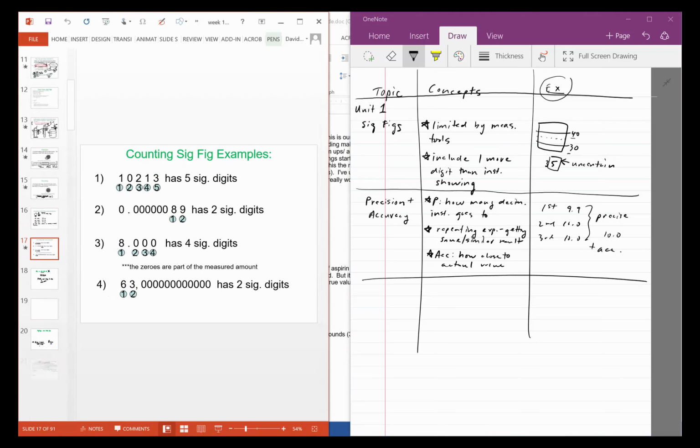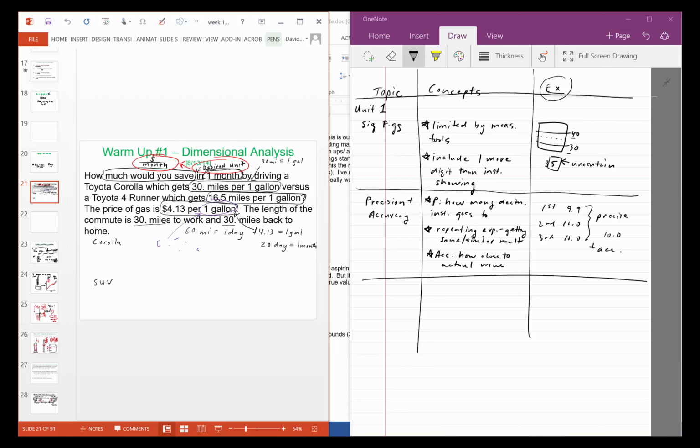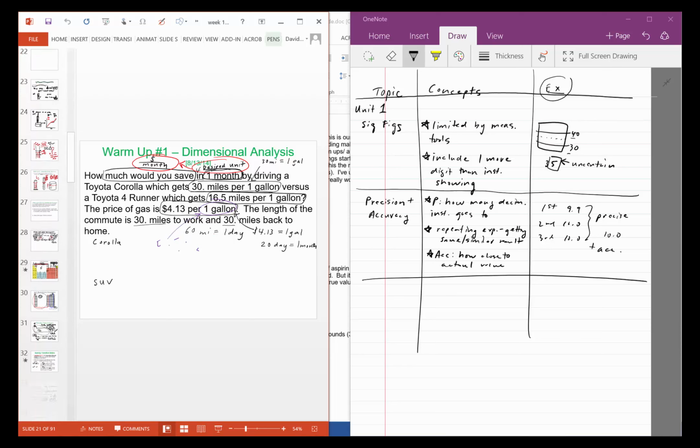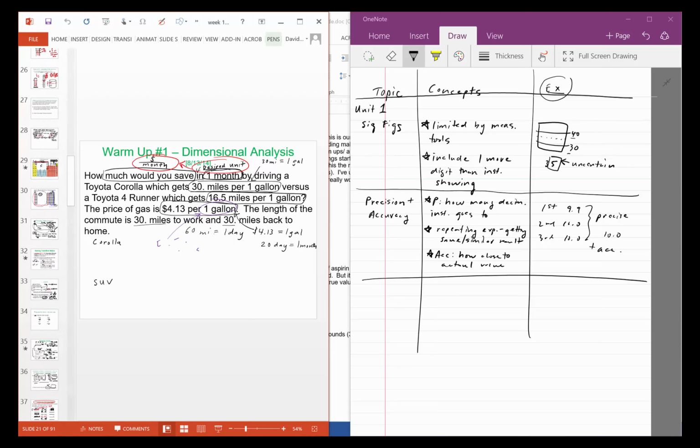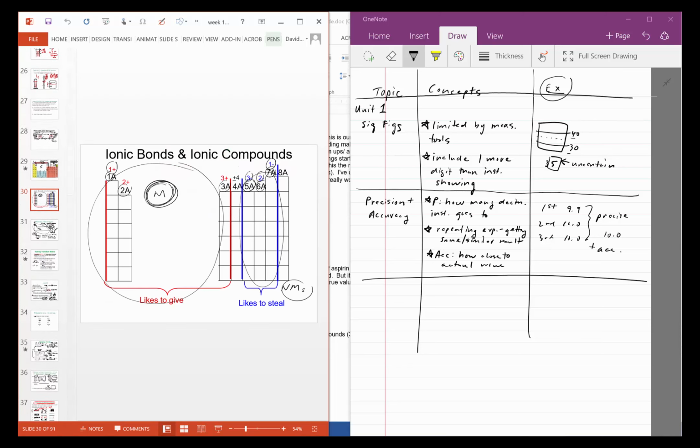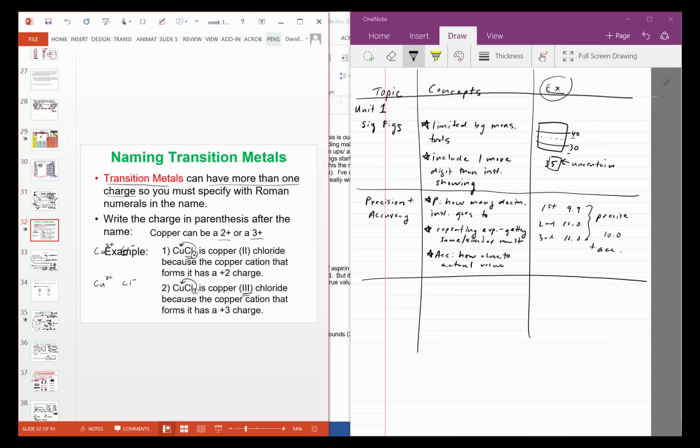Okay, if we go in chronological order, one of the next things we did. So dimensionless, I wouldn't include that because those are skills that we've been doing the whole year. So you don't need to include that. Naming compounds was one of the next things we did. So naming